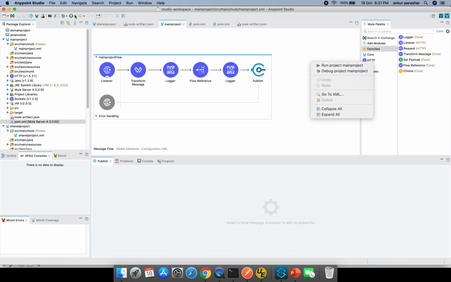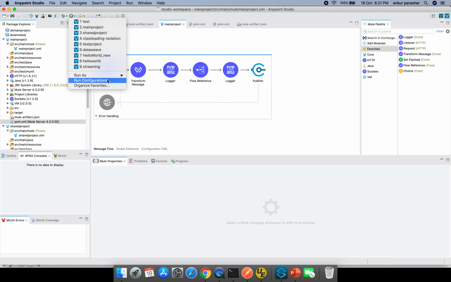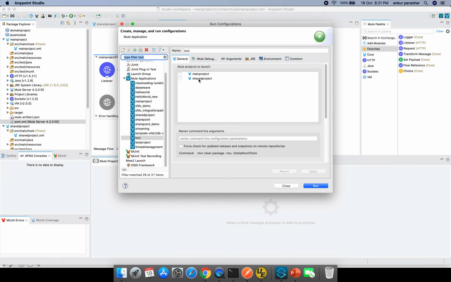Let me clear up the configuration first, it will be easy. Okay, that's pretty much good. I will select the main project and click on run.